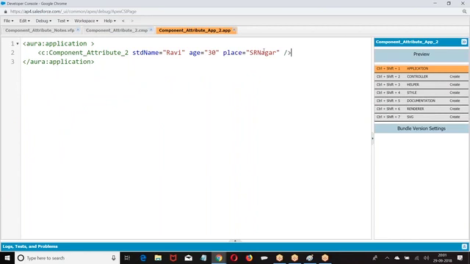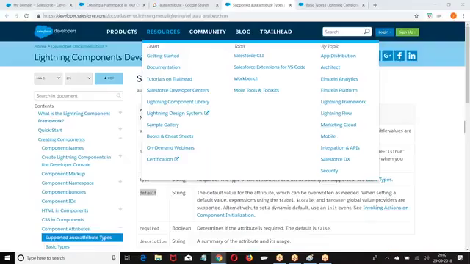If you don't give the city, the default value will come. Have a preview. This is how we got it. I hope I'm clear with this.